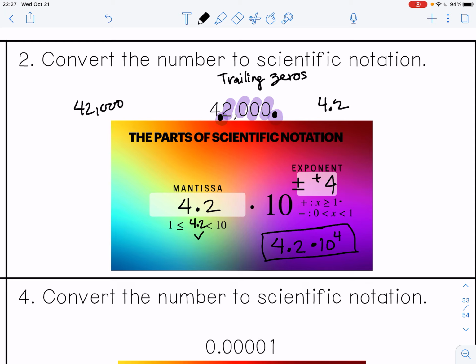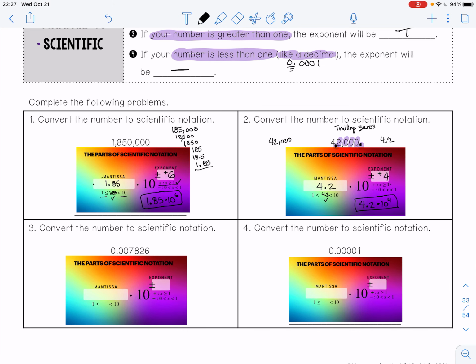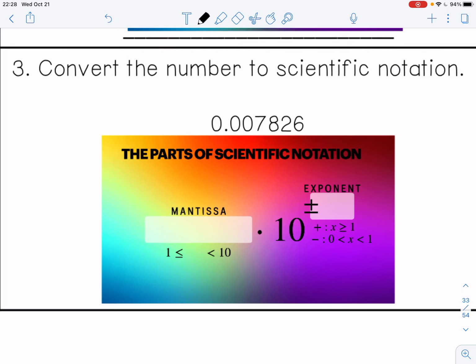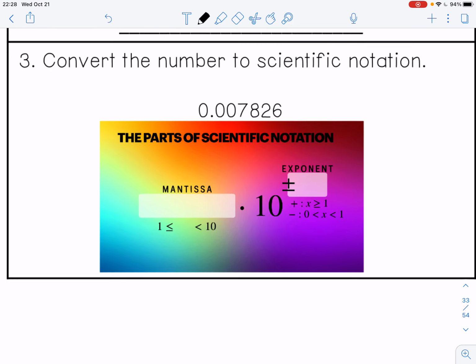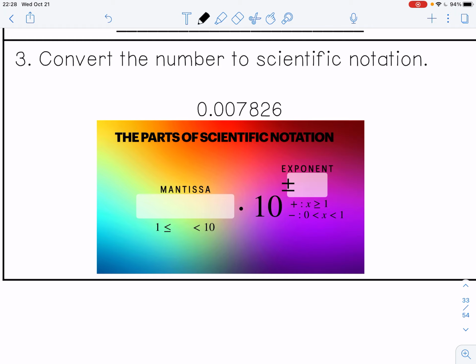All right, so one way, well, I'll show you that in a minute. Okay, so that is what happens if we start with a big number, a number that's bigger than 1. So what about if we have numbers that are smaller than 1, numbers that are between 0 and 1, like